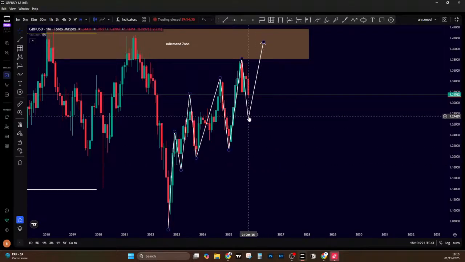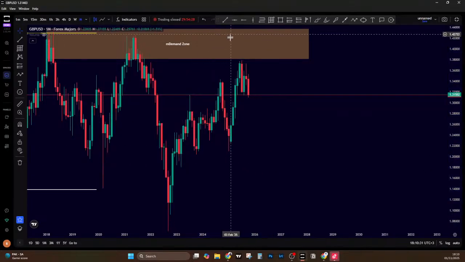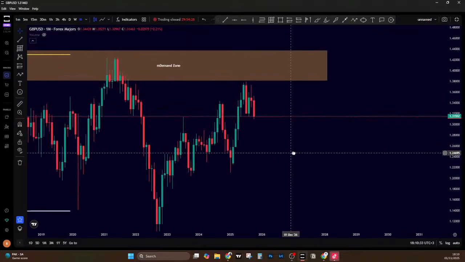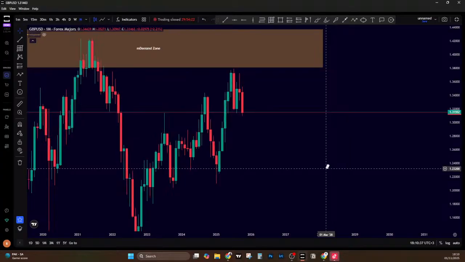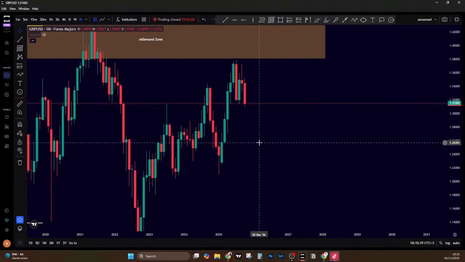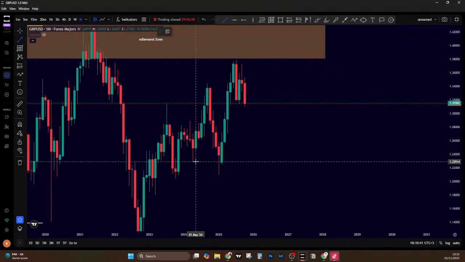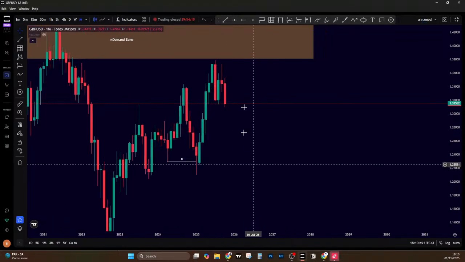So what we do monthly is to look at our demand zone in the monthly. So this order block here,